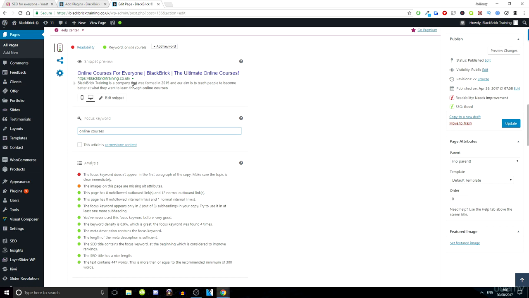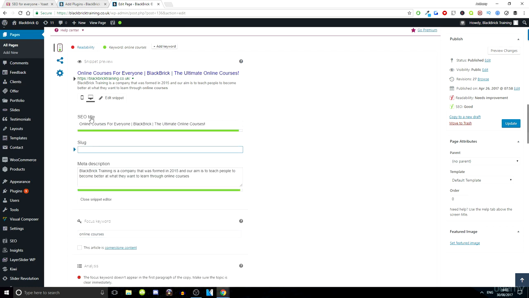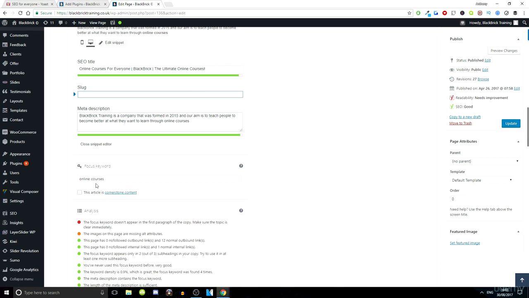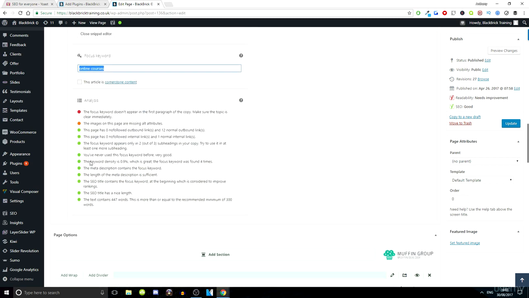And as you can see, you can also edit all of these different things. For example, your slug, the SEO title, and the meta description. That's all really easy to edit. And then you can choose your focus keyword just by typing it in here. And then, of course, we have the steps to optimize your page or post or product for SEO. So you can do this with many different things, whether it's obviously a website page, a web page, a blog post, or a product using WooCommerce, which is the WordPress e-commerce plugin to be able to sell products on your website. It's really easy to set up, it's really easy to use, and it really helps the SEO for your